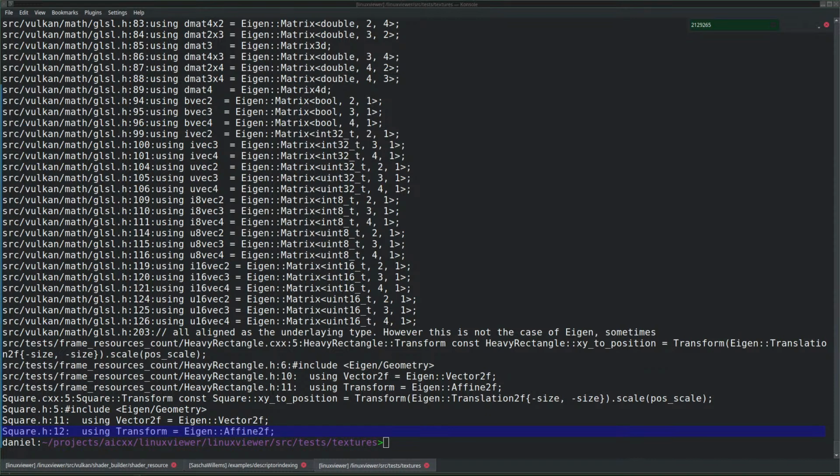Yeah, I gave that a lot of thought. And I think maybe I should change it so that my texture represents a descriptor. So not the image, just the descriptor. Because